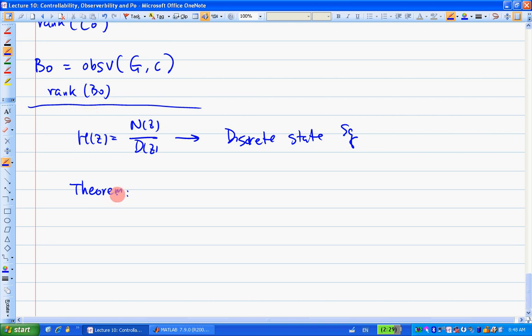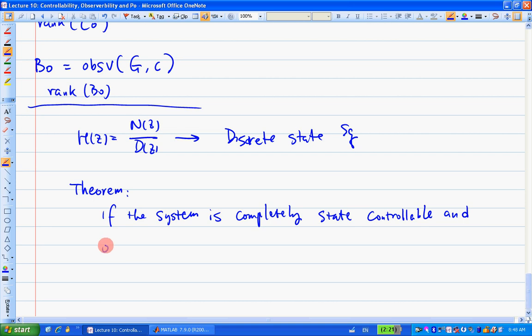What it's saying is, if the system is completely state controllable and observable, then